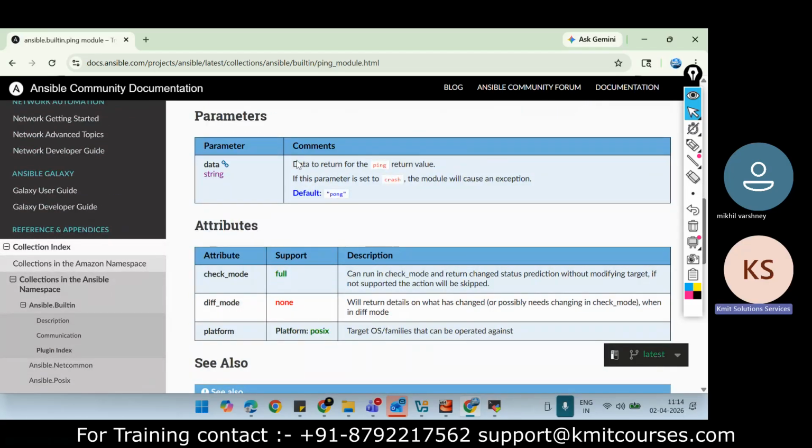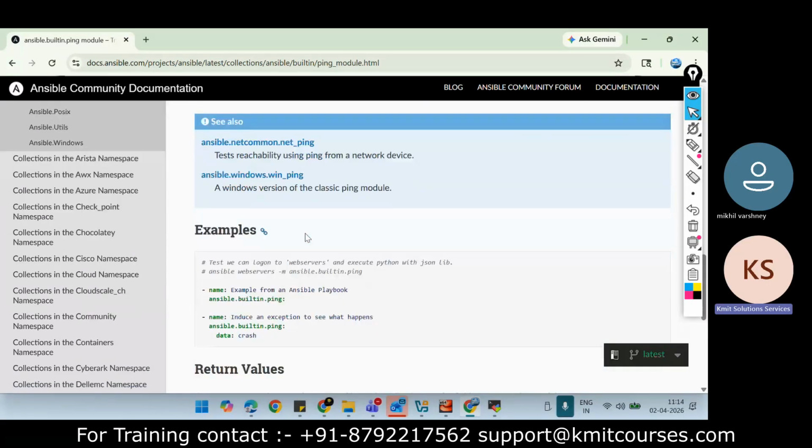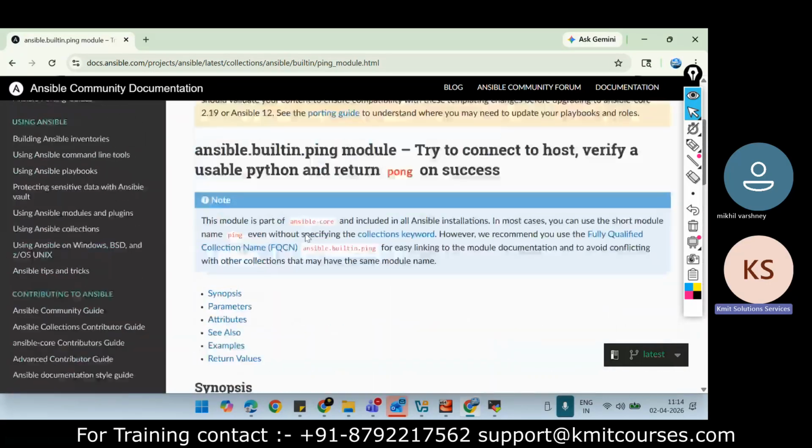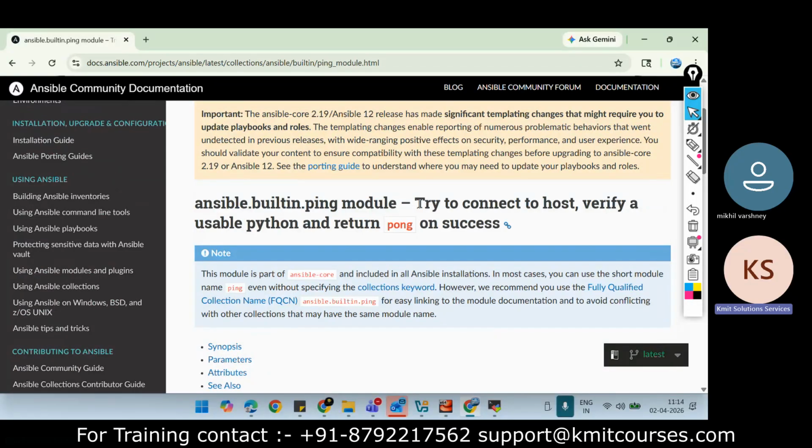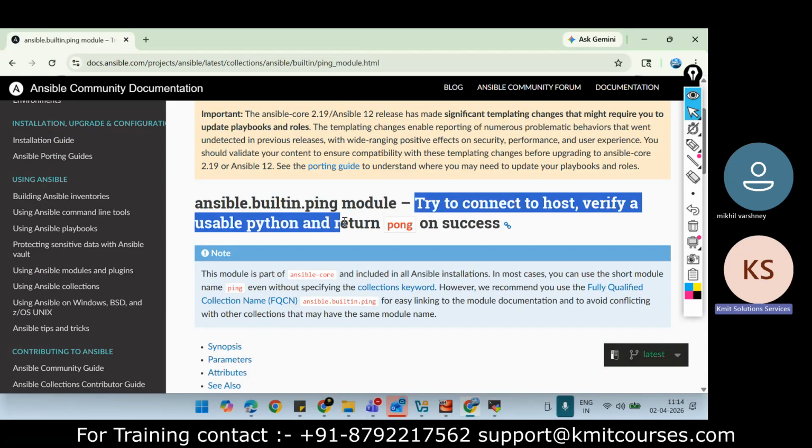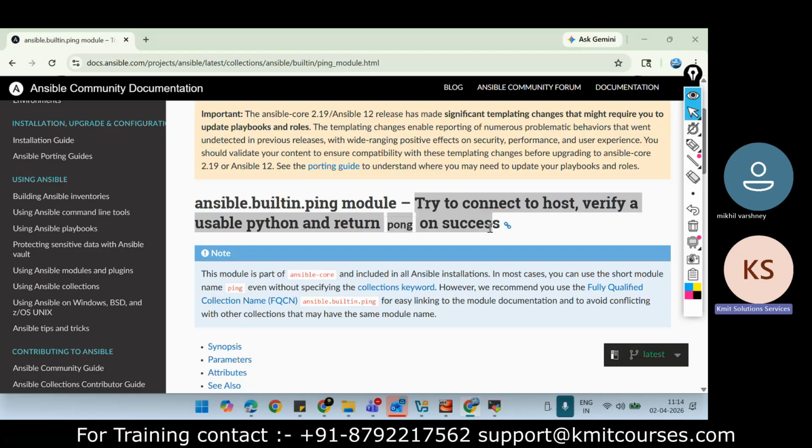There is only one parameter. The definition is: try to connect to the host, verify usable Python, and run Pong. Ansible is developed on top of Python. So when you run the ping command, it returns Pong if it is successfully connected to that particular machine. Let us check that.